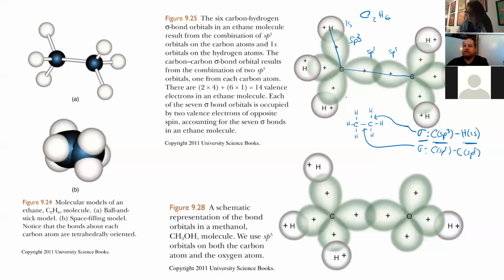And you could do that for any molecule as long as you understand the hybridization of the central atom. And in this case, we have 2 central atoms, right? We have 2 carbons that each have atoms bonded to them, surrounding them. And so you really have 2 central atoms that you need to take into account here. In our example below, this is a methanol molecule, so it's CH3OH. So if we have a Lewis structure of this,